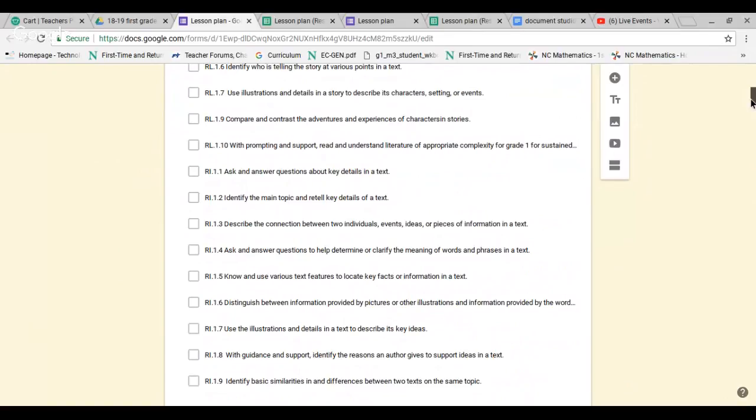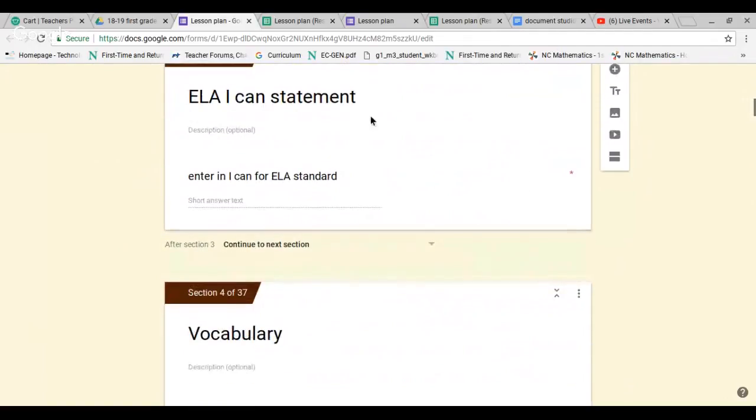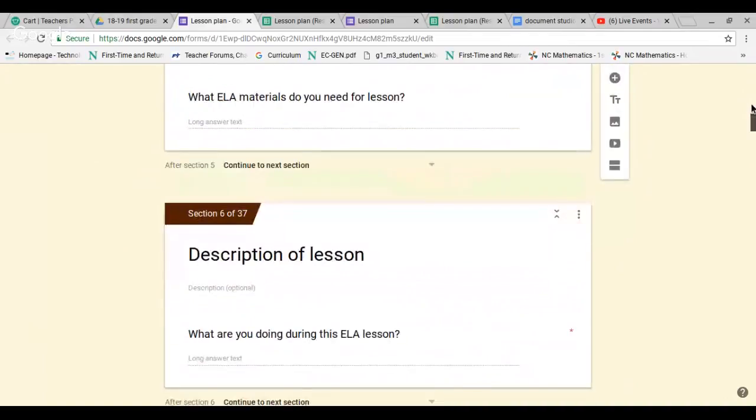because this is for the ELA block where I do my interactive read aloud and shared reading and interactive writing. So these are the concepts that I'm going to be covering during that block. Yes, I'll be covering some other reading foundational skills, but the main thing that I am focusing on is going to be these standards during that time. And you can see ELA statement, I can statement, so you'll populate it. So this is how you first create these different